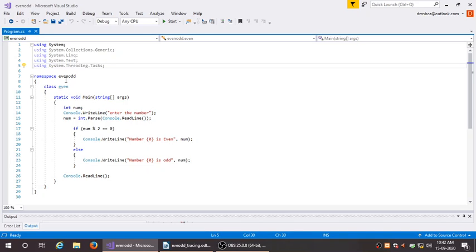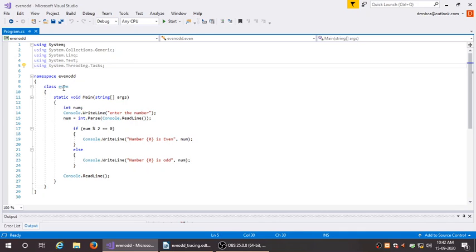After that, namespace EvenOdd. You already know what a namespace is; Varsha ma'am told you in theory. Under this namespace we create the class, methods and coding of the program.